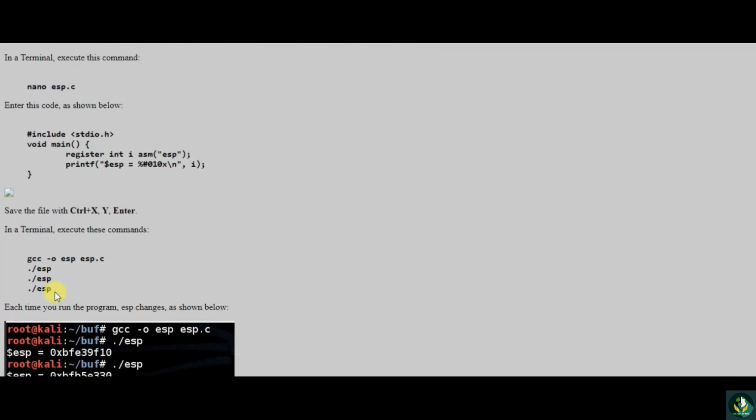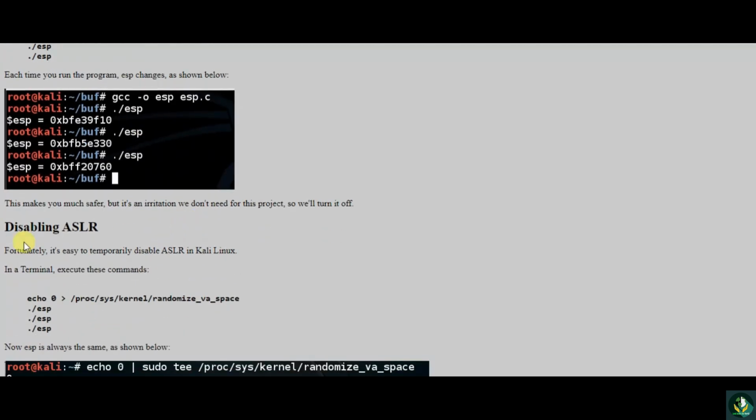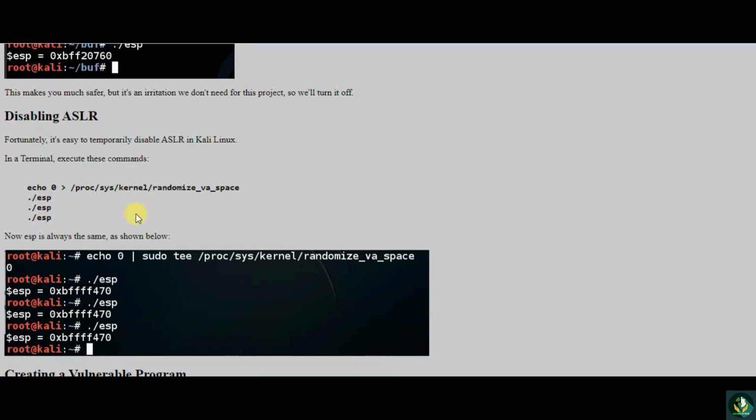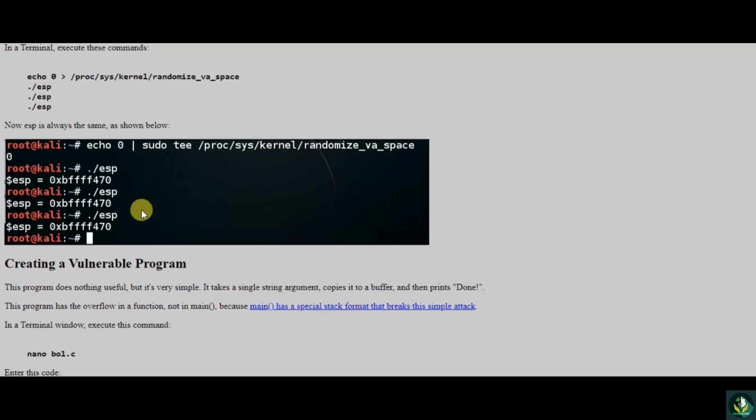In the terminal, it should look like this. Each time you run the program, ESP changes, as shown in this video. Disabling ASLR. Fortunately, it's easy to temporarily disable ASLR in Kali Linux. In the terminal, execute this command: echo 0 > /proc/sys/kernel/randomize_va_space